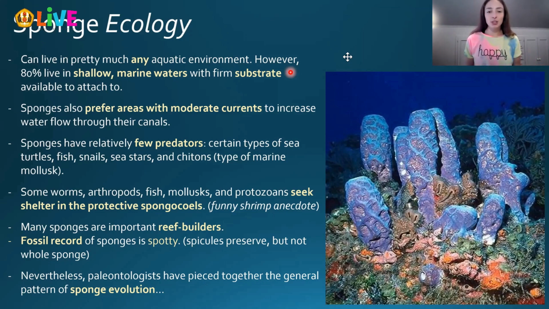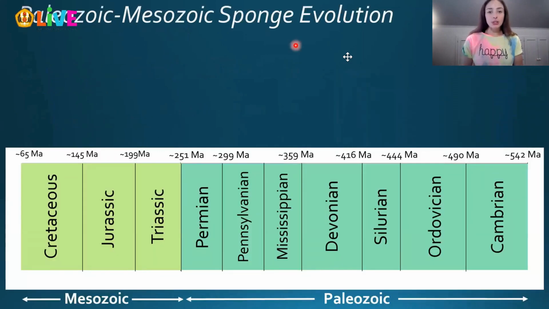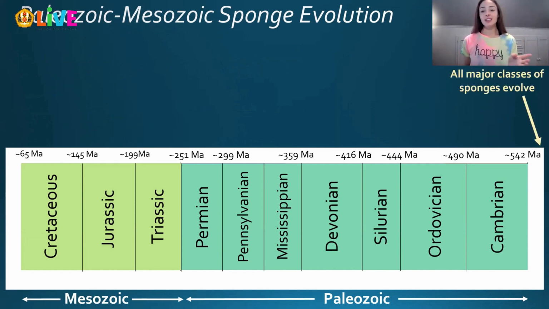And because the whole sponge doesn't always preserve, we have had to piece together a general pattern of sponge evolution without an entire picture. With this, we'll look now at the evolution of sponges. If we look at this timeline from the Paleozoic to the Mesozoic, first the sponge classes all evolve: the hexactinellids, the calcarea, the demospongia, and the sclerospongia, maybe, all evolved here in the early